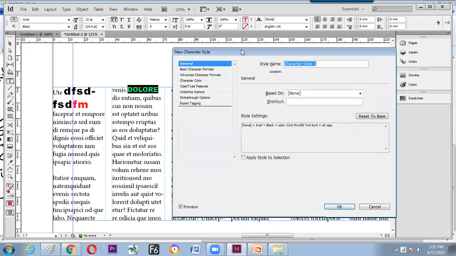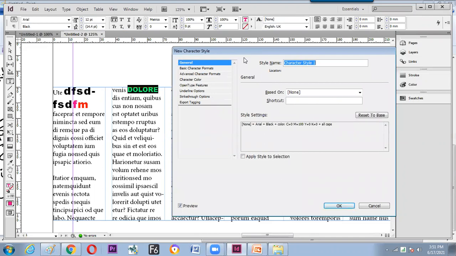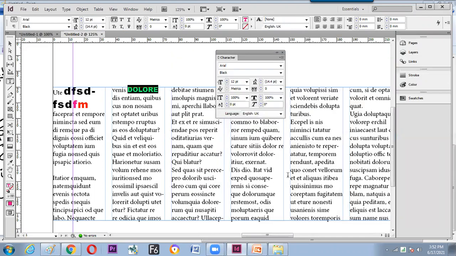Then a very big window pops up. Nothing to worry about, it is there to help you out. Write down your name to recognize it. It may be anything, XYZ. I'm just writing Arial red cap. Go for OK. Job is done.